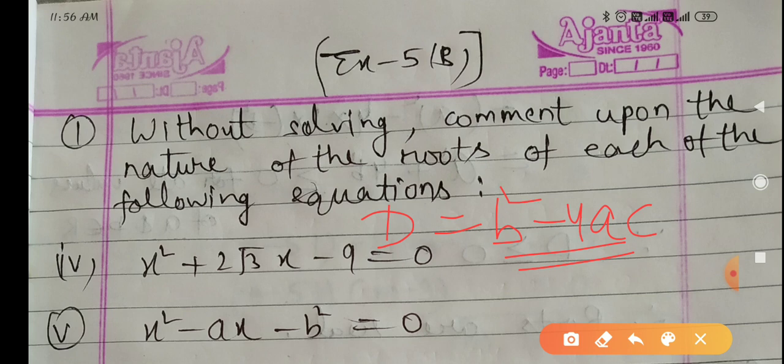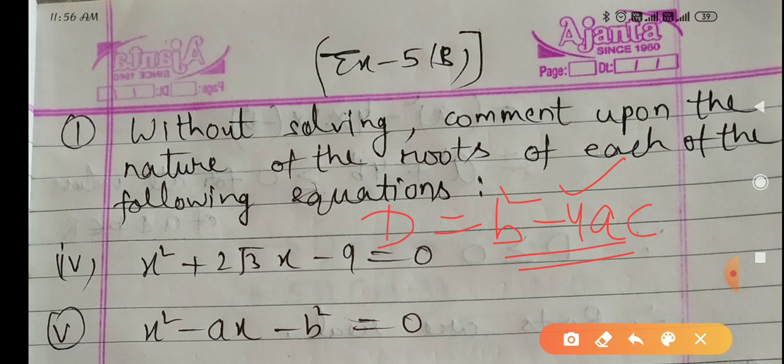I told you a, b, c are real numbers. So these a, b, c are those a, b, c given in the quadratic equation. a is the coefficient of x square, b is the coefficient of x, c is the constant term, and you have to take them all with their sign. Means the coefficient of x square with sign. If it is negative, then you will take it with a negative sign.